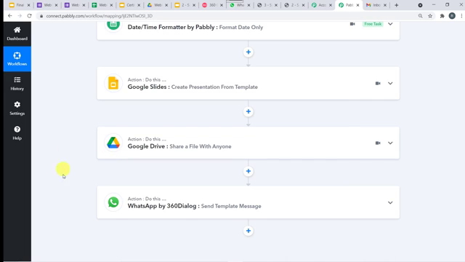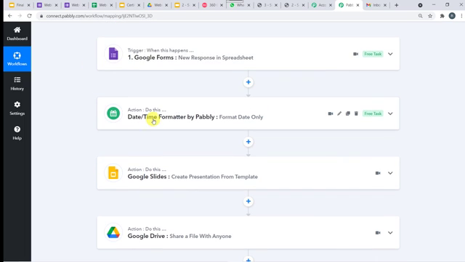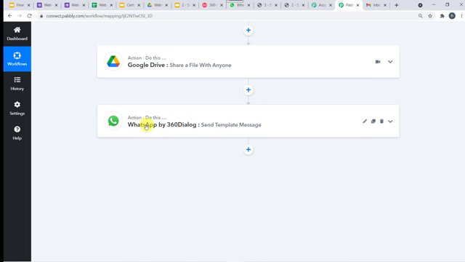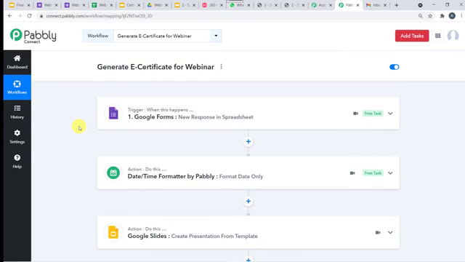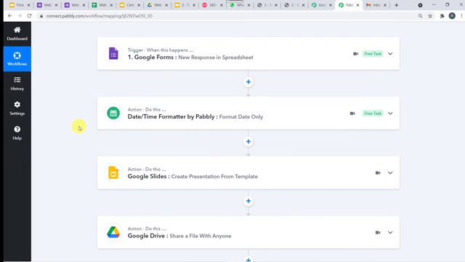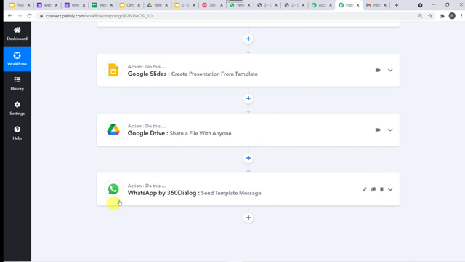And the same certificate should be sent on the WhatsApp number of the particular participant. Here we have learned how to create the certificates using Google Slides. We have also used date and time formatter to format the date. And for sending the messages, we have used WhatsApp. We have used the 360 dialog application. So in this way, we have created the successful integration between Google Forms, Google Slides, Google Drive, and WhatsApp using Pabbly Connect.